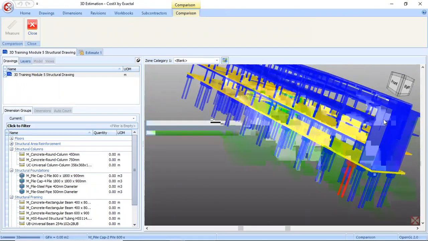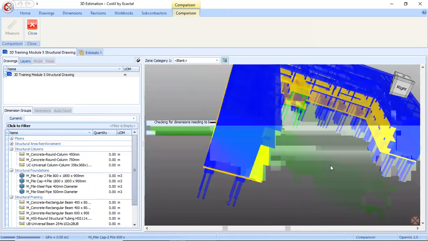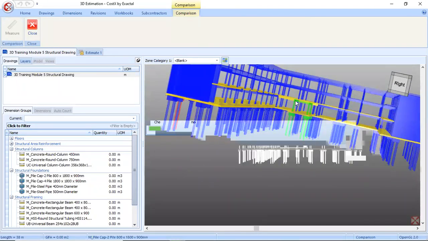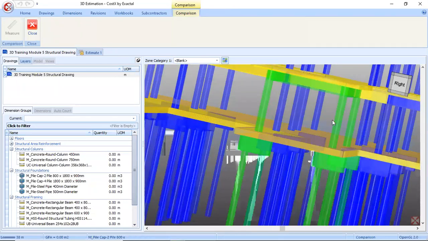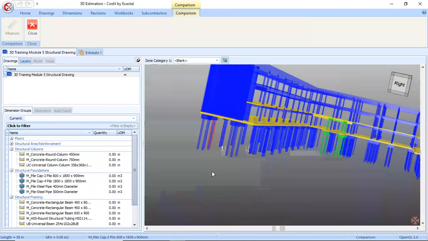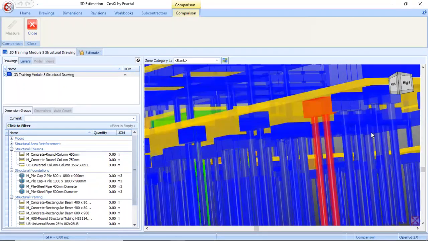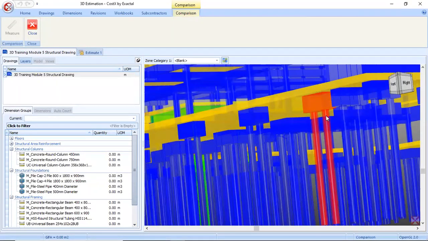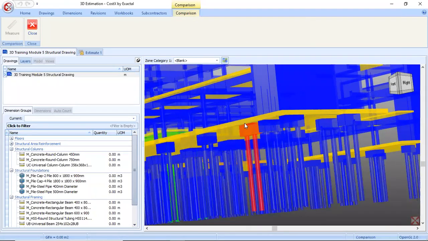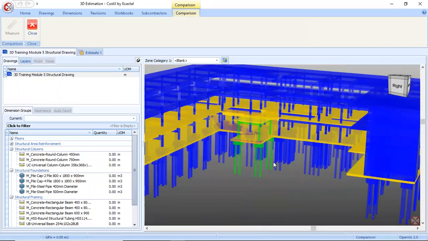Wherever we see the blue elements, these elements remain the same in our older and the newer drawing. Green elements indicate these are newly added in the revised model we received now. And the same way, these red elements indicate they are deleted in the new model. The yellow one indicates there is some offset distance, that's all, but no major changes in the model.